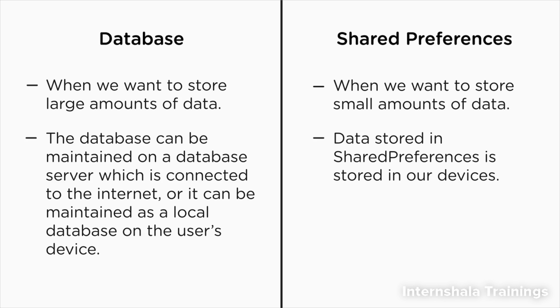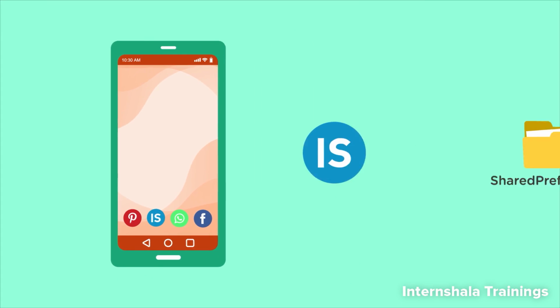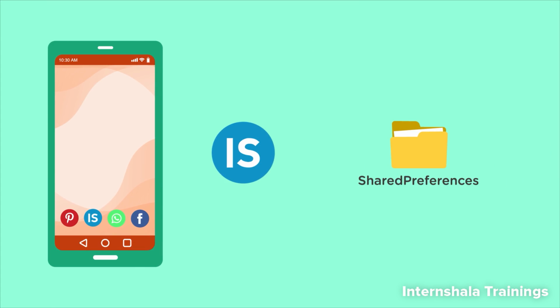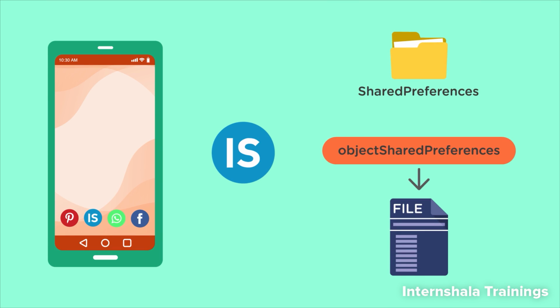So, every app that we use on our mobile phones has its own separate database and its own shared preferences file. Okay, so we are going to focus only on shared preferences for now. We will learn more about database in the upcoming modules. So we understand that each app has its own shared preferences if it wants to store small amounts of data. To save this data, we will have to create an object of the shared preferences class. This object will point to a file where the data will be saved. We can use various methods to read and write this data.